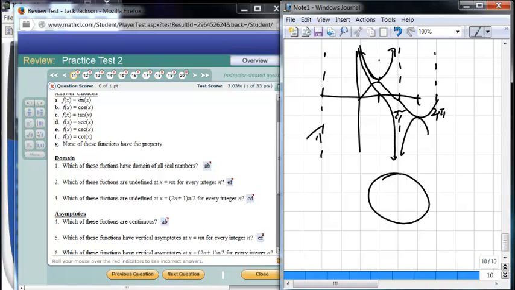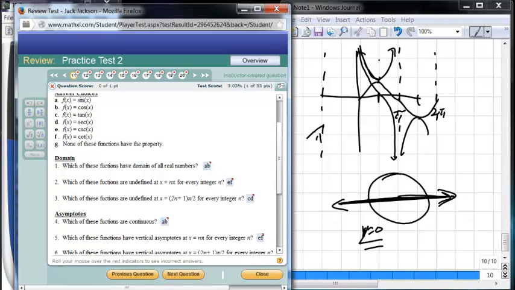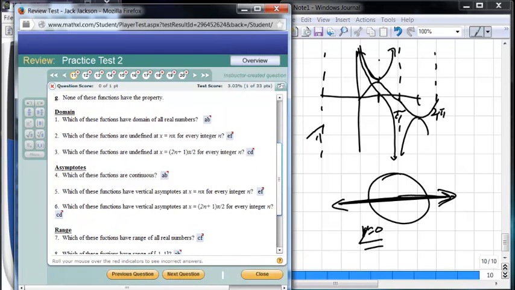So n pi is going to be, the terminal side is either going to be straight to the left or straight to the right, and both of those have a y of 0. So which ones are undefined when y is 0? Well, there we go. And so basically question 2 and question 5 are going to be the same,